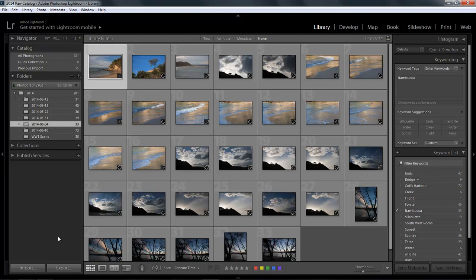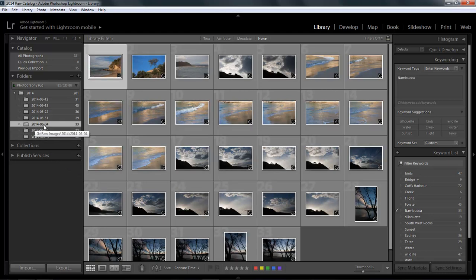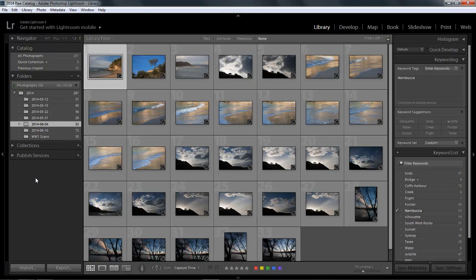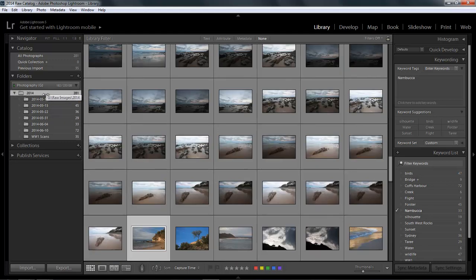So if we're going to start a search, sometimes if we've got thousands of images within a catalogue and we know the images that we're looking for were shot within the catalogue of images or the folder of images which we named Nambucca, then that's fine. But in our case here, my search parameter should have started from the top. And now when I do the same search, it's going to be looking in all of those folders and not just the one I inadvertently selected. So if we try that again,